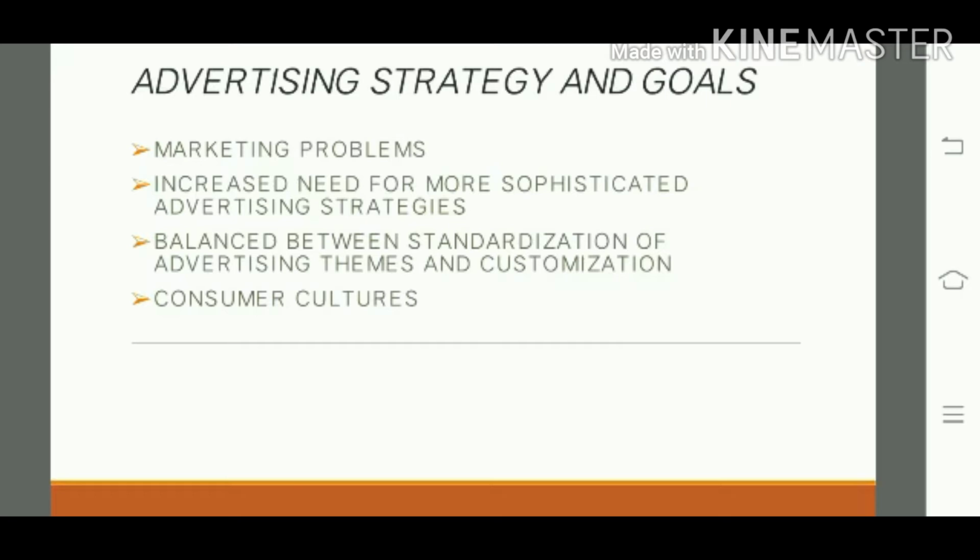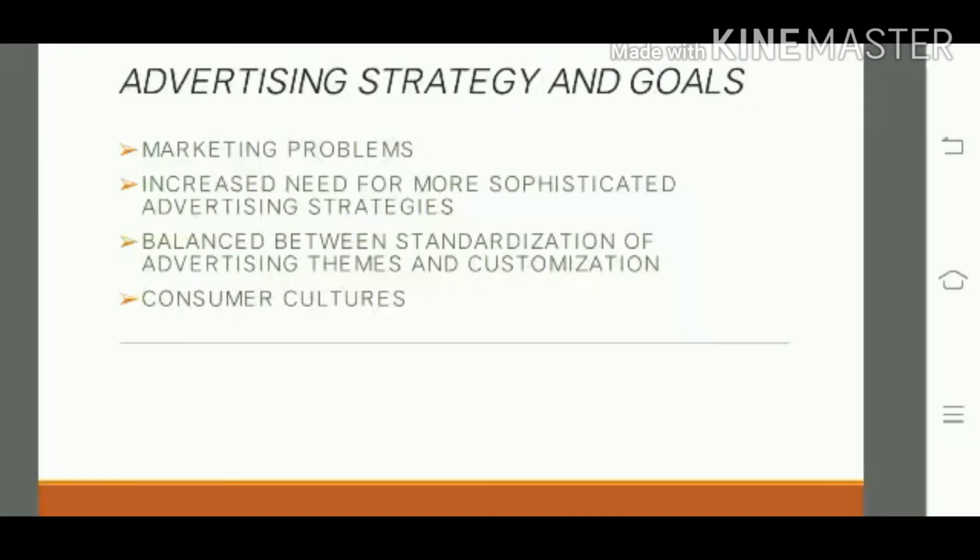Marketing problems, for me: if you're doing an advertising campaign, you badly need to do very careful research, marketing research to be exact. Your advertisement must be thoughtful and also creative. But before doing an advertisement in another country or in the international market, you need to consider a lot of factors like geographical factors, their cultures, their beliefs. You need to do research on those kinds of things.